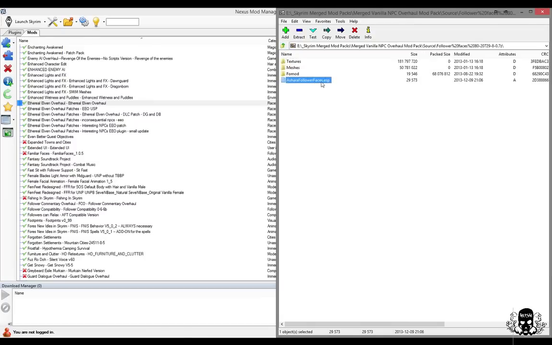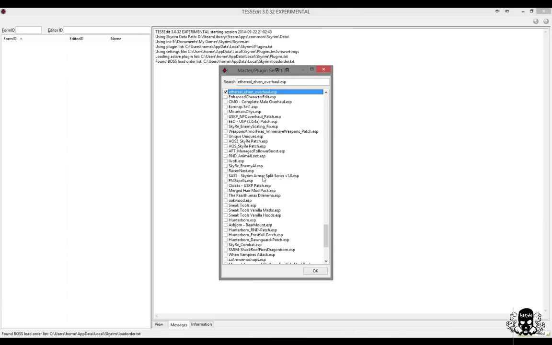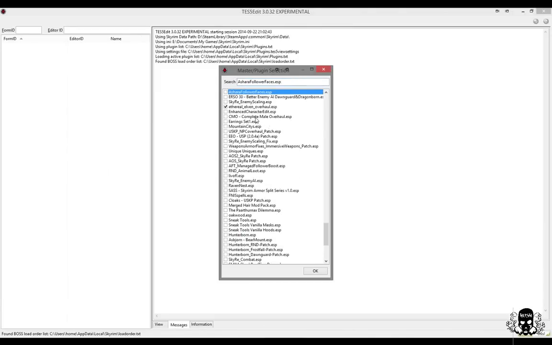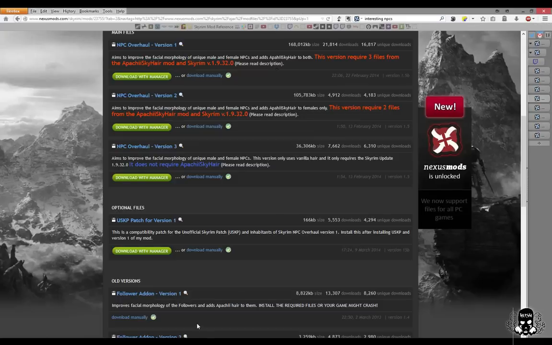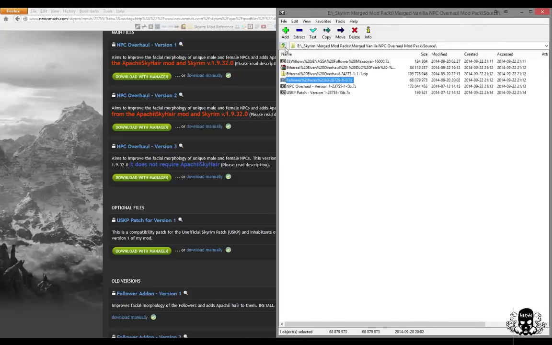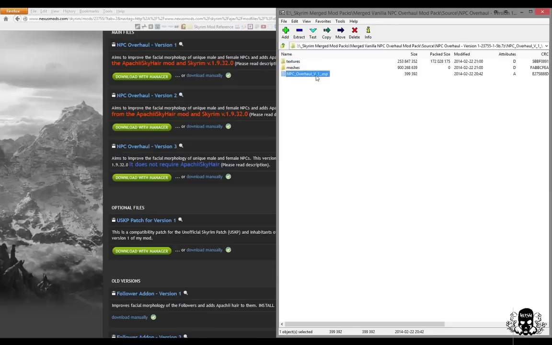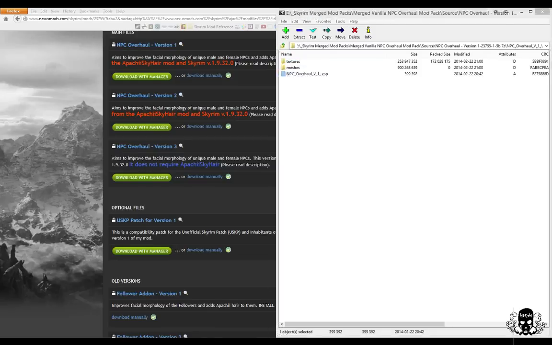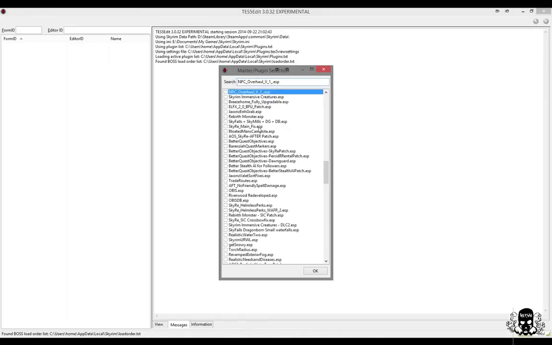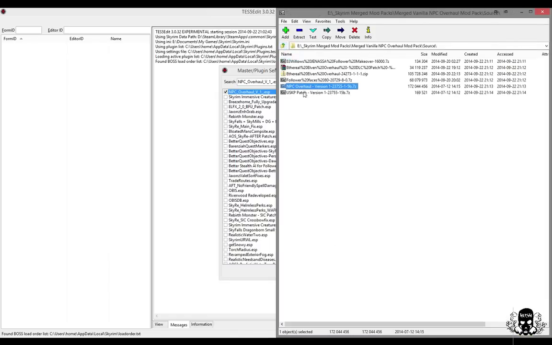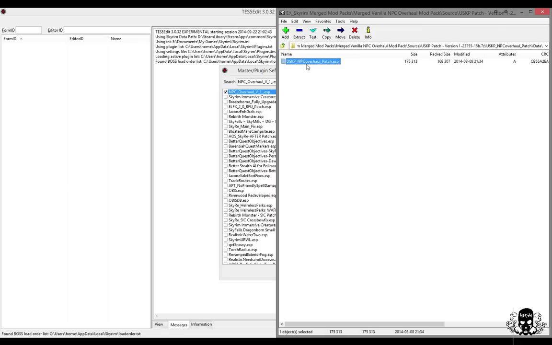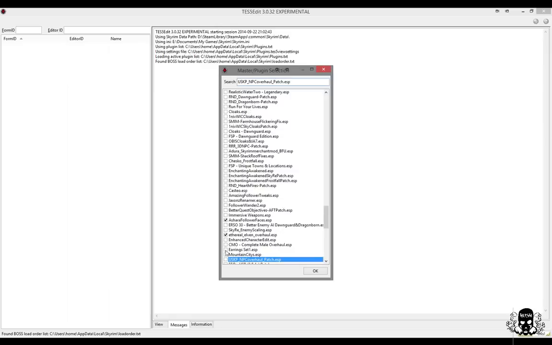Follower faces, there's a Shara. Oops, where am I going? My apologies. NPC Overhaul. Overhaul patch, which is that one there. Okay, now